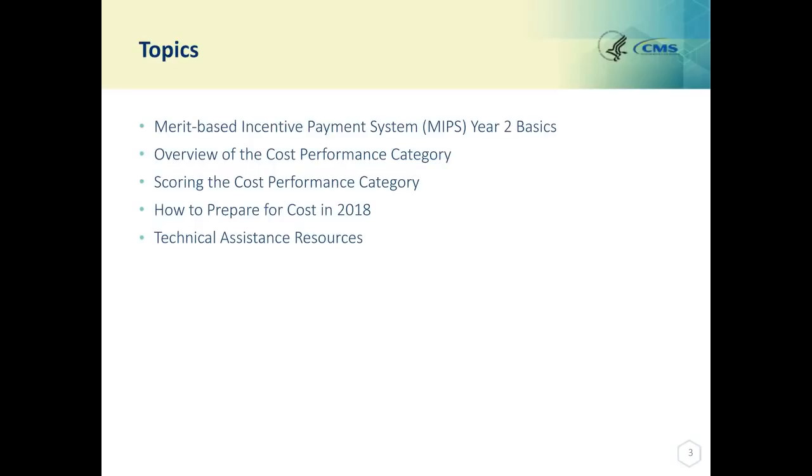We'll start with an overview of MIPS for Year 2. Then we'll move into an overview of the cost performance category itself. We'll focus on how scoring works for the performance category. I know this is an area of interest to many of you on the line today. And then we'll have an opportunity to hear some practical advice on how to prepare for the cost performance category